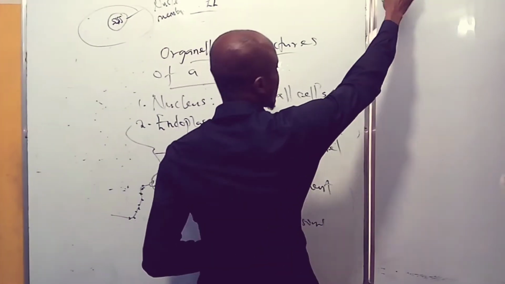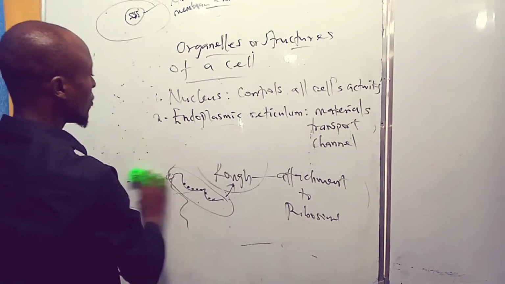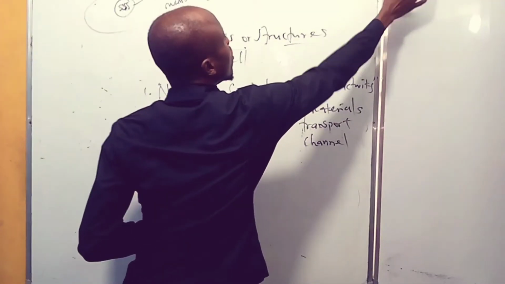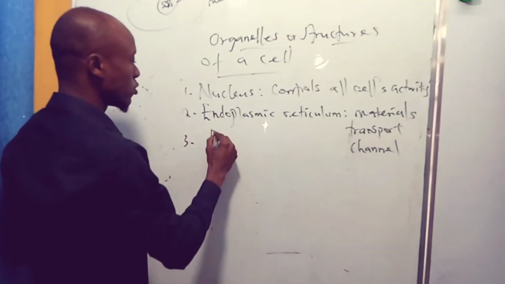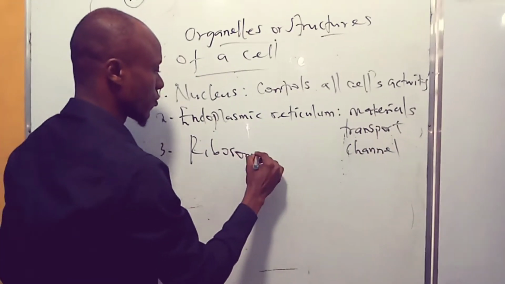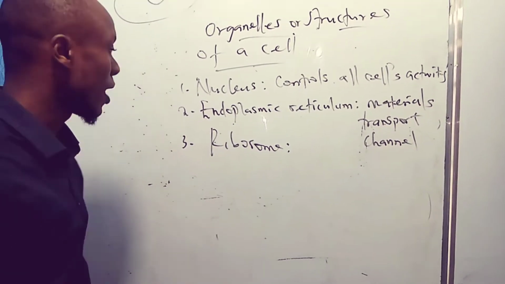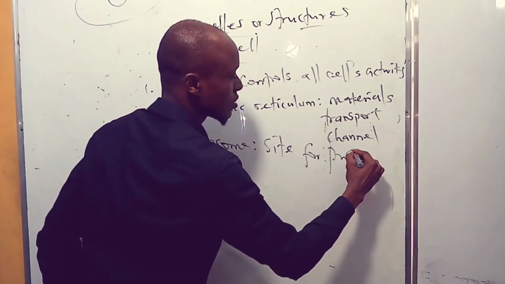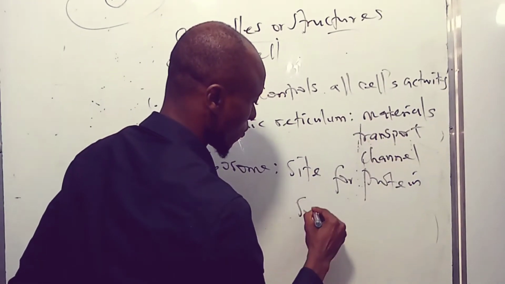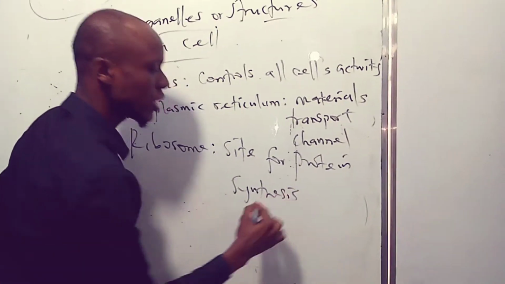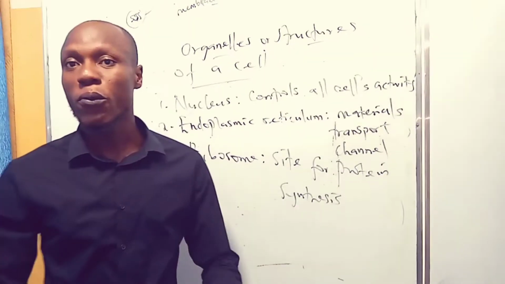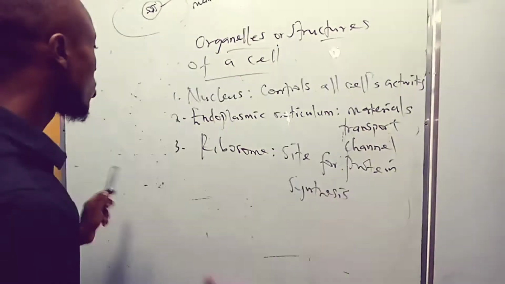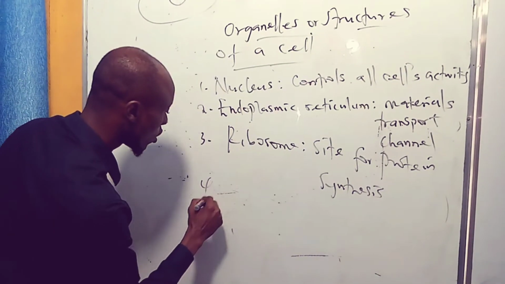So we'll go further by naming another organelle known as the ribosome. The ribosome is the site for protein synthesis, which is the production of what? Proteins, be it pyrimidine or purine or base. So now we move forward to another